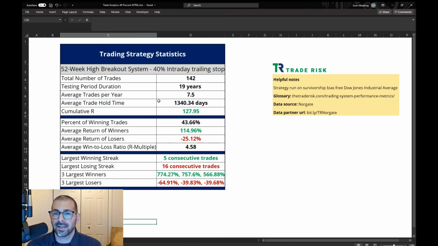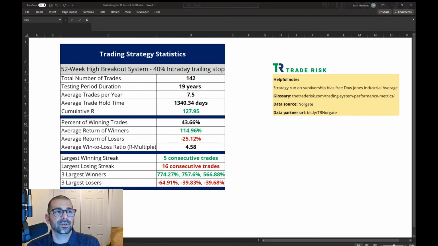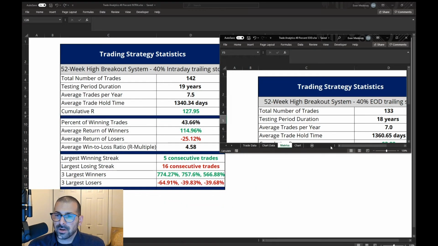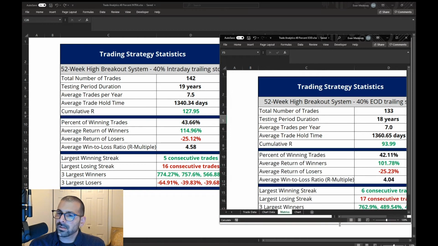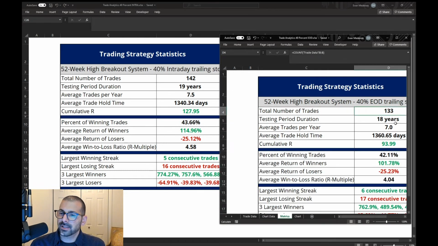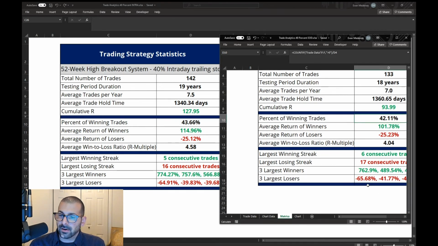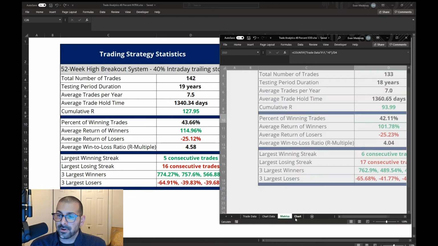So there you have it. That's a 40% intraday stop. Let's look at a 40% end of day stop. So here we are, 133 trades, so a little bit fewer trades. Cumulative R is lower here, and the percentage of winning trades actually drops. And what we also notice here is the largest winners and largest losers basically converge. They're almost identical at this stage, and all of these other metrics are very similar. So if we go to the chart now,